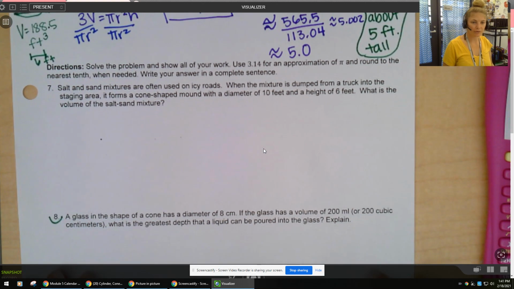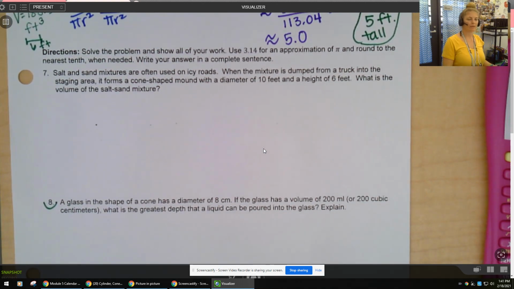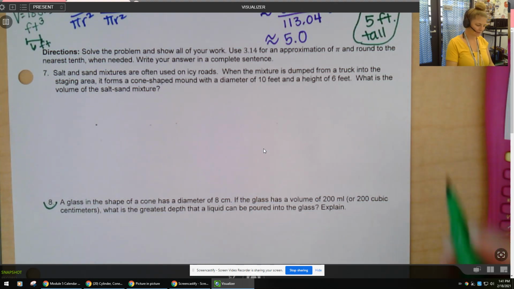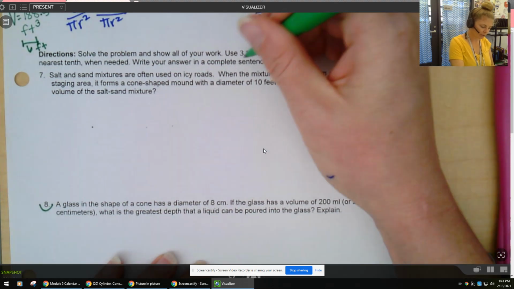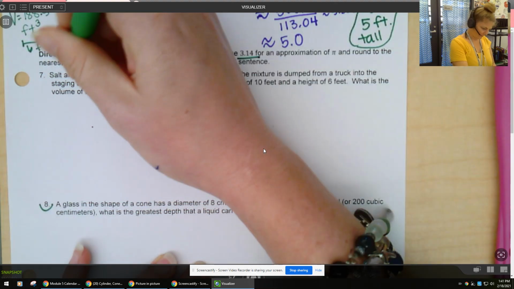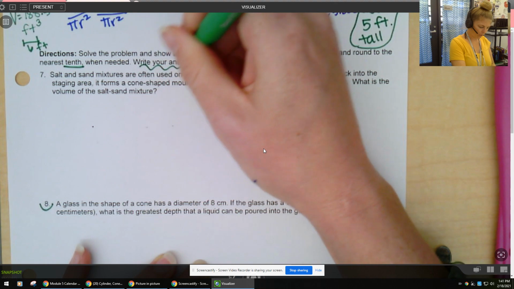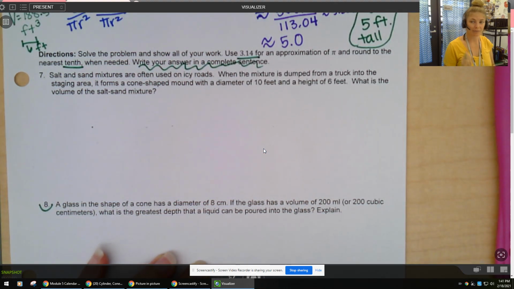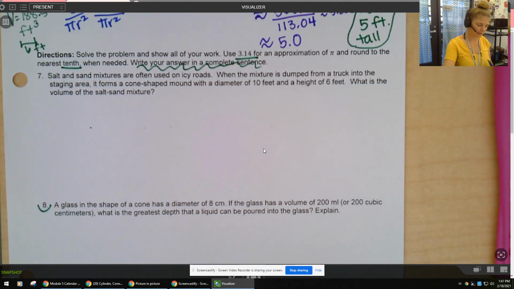Okay, so the next directions for these word problems are giving us real-world situations that are going to make certain shapes. And since this was all about cones, I bet they're going to make some cone shapes. So let's take a look. Solve the problem and show your work. Use 3.14 for an approximation of pi, and round to the nearest tenth when needed. Write your answer always in a complete sentence. Directions are super important. Okay, so salt and sand mixtures are often used on icy roads, and the mixture is